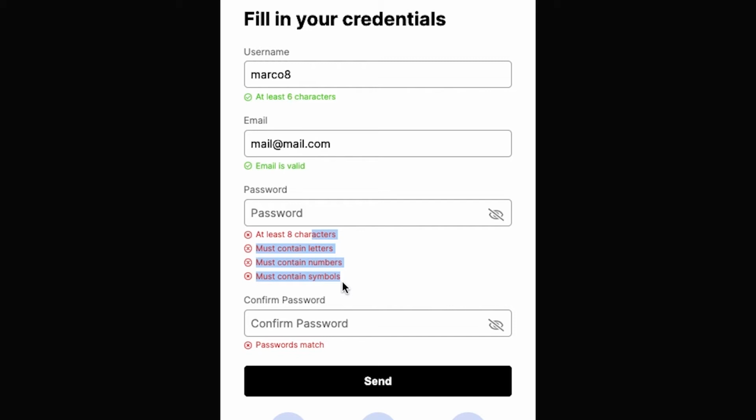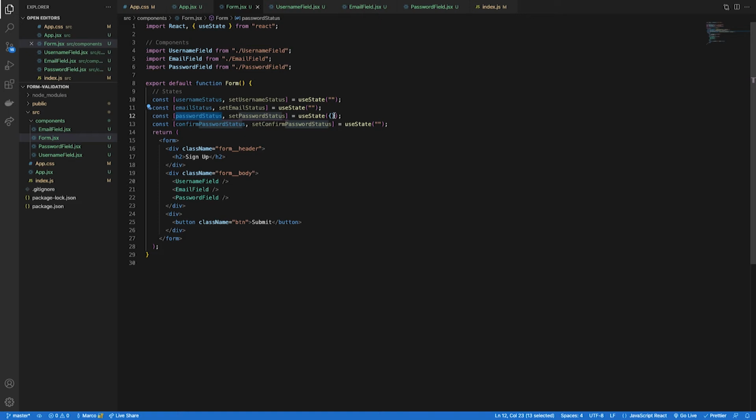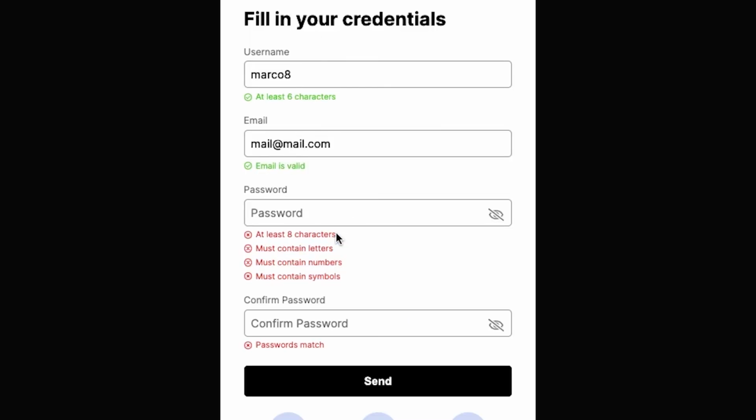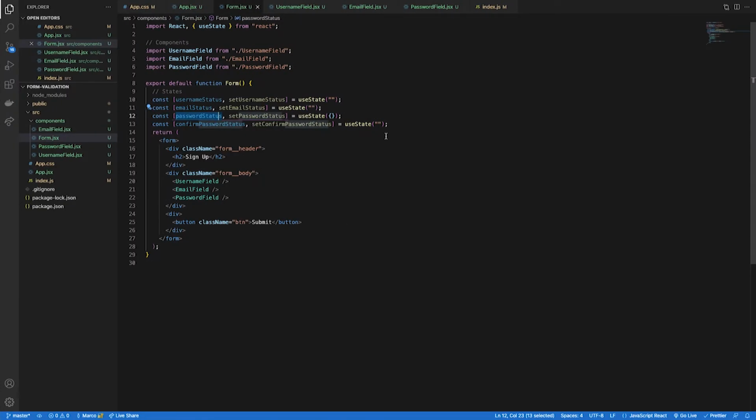I need to check the status of all these four things, and I'm going to do that inside an object. I could just provide four different things that check each one. Like the first one, check if it has eight characters. The second one, if it has letters. But with useState, I prefer doing it with an object, because I just use one general state